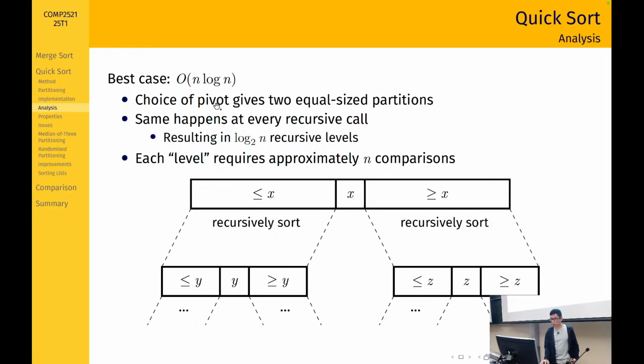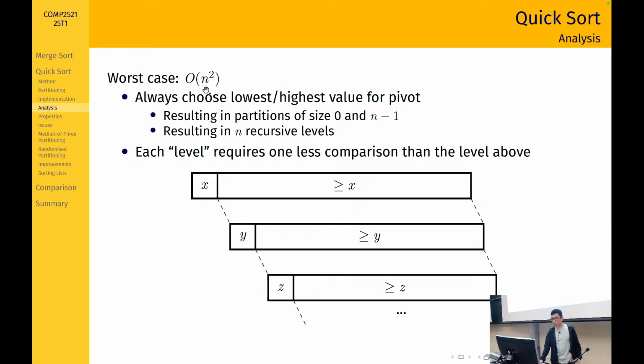Okay, so that's the best case of quicksort. Now, how about the worst case? In the worst case, we choose the smallest or largest element for the pivot. Remember, we don't really know how good our pivot is in advance. So if we're really unlucky and we always choose the smallest or largest element for the pivot, then every time we partition, we're going to end up with a subarray of size n minus 1 that we have to